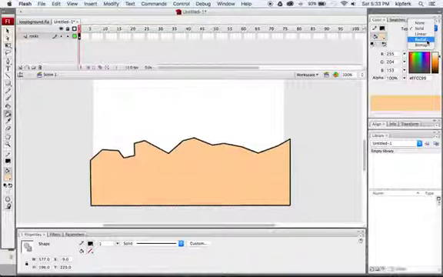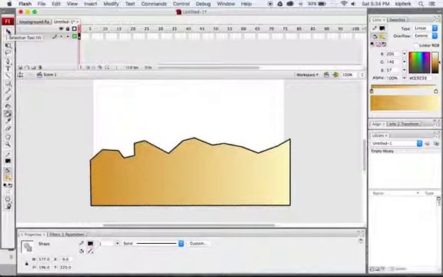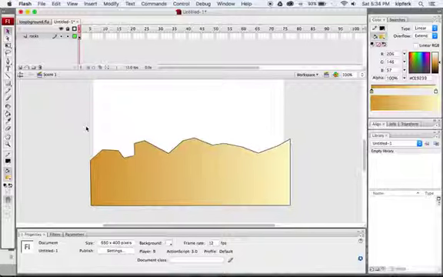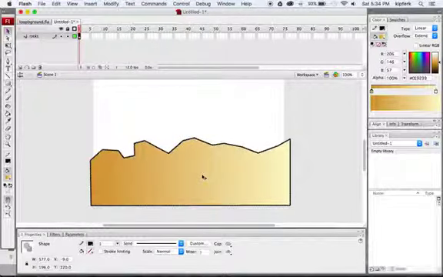Actually, what I'd like to do here is go ahead to a linear gradient and then change these controls to make this like a light tan at the top, and then, let's see, more like a darker brown at the bottom, and that looks pretty good. Let's try that out. I do want to delete my outline, so I will select this, hold shift and click in the middle so that I only have the outline selected, and then